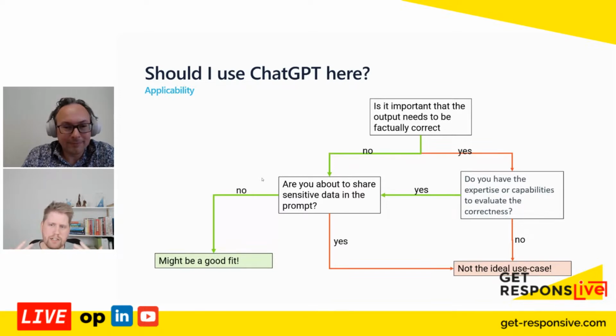So if you have that expertise to look at the output and say, no, this is bull something, well, then it's of course better. And finally, even if everything else is okay, you found a good use case, you have the capabilities to evaluate it. If you're about to share sensitive data with ChatGPT, you should really reconsider that this may not be the ideal use case for you, because